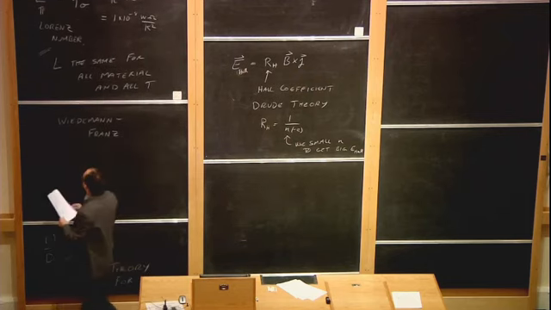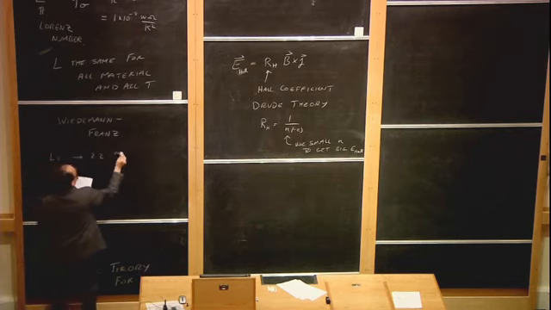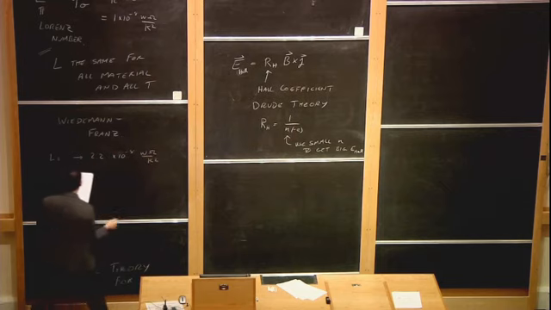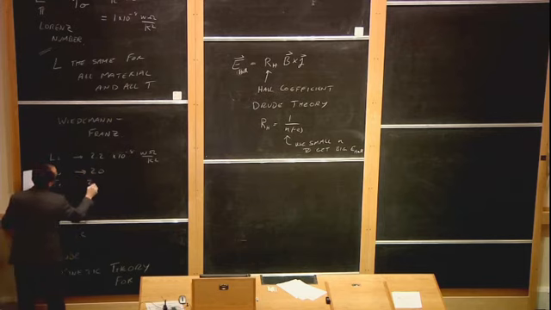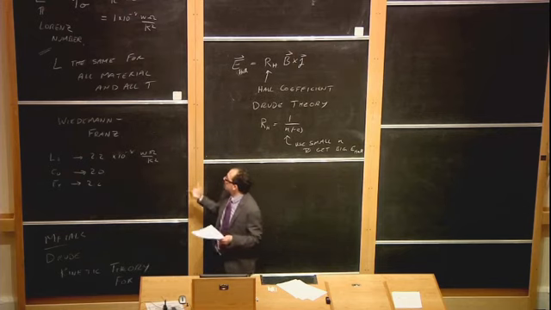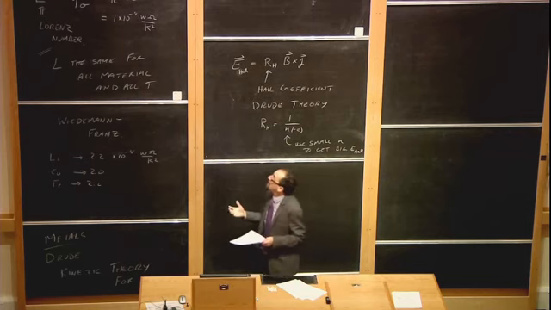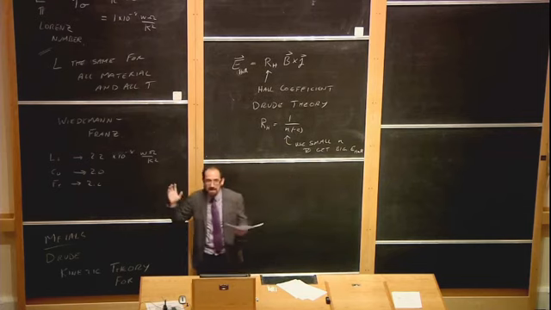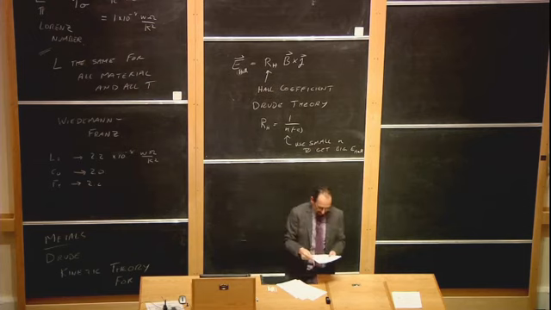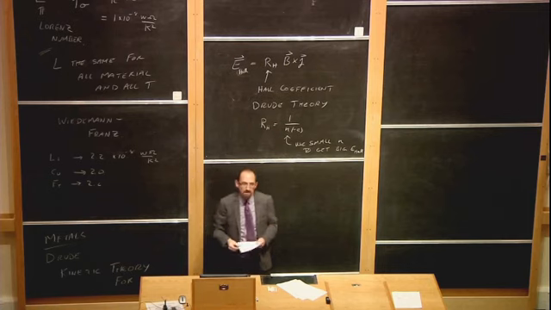I guess if we want to be precise about it, in fact, for lithium, it comes out about 2.2 times 10 to the minus 8 watt-ohms per Kelvin squared. For copper, it's about 2.0. For iron, it's about 2.6. So it's pretty close to Drude's prediction. OK, it's off by a factor of 2. But at least it's in the right ballpark. It's a very crude theory. And before Drude, no one had any idea why this ratio should be fixed for all materials at all. So this was really a great step forward.